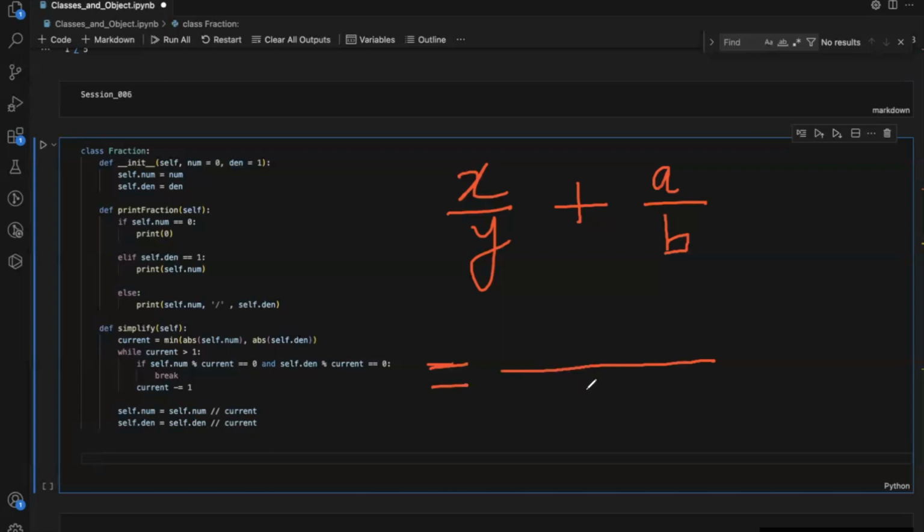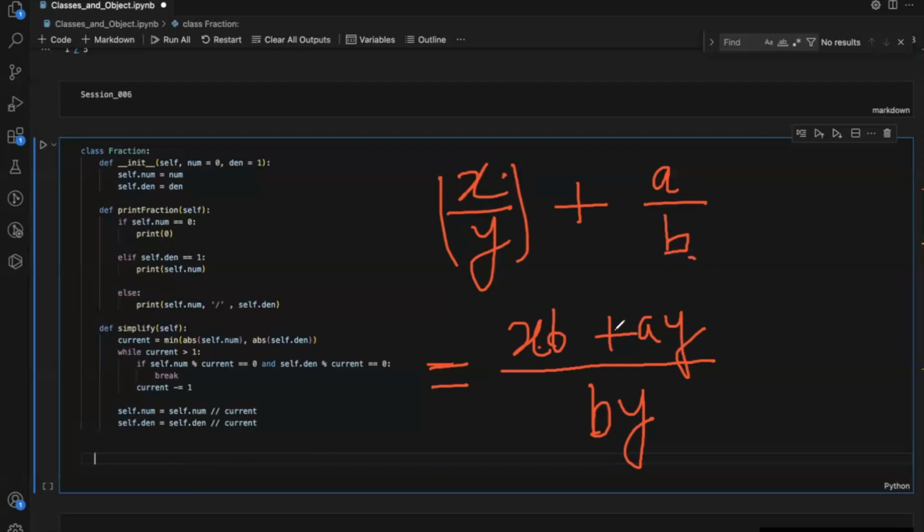bx plus ay, by yb. First, in the denominator I will get by, and in the numerator I will get xb plus ay. This is what I get. What does that mean? It simply means I am taking the numerator of my first fraction and multiplying it with the denominator of the second fraction, plus